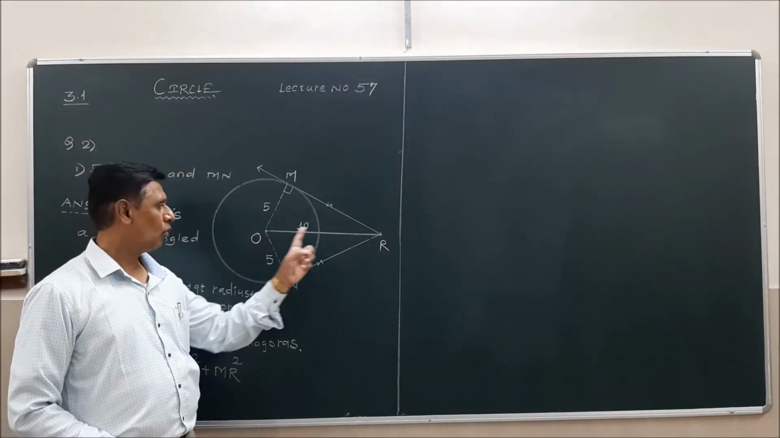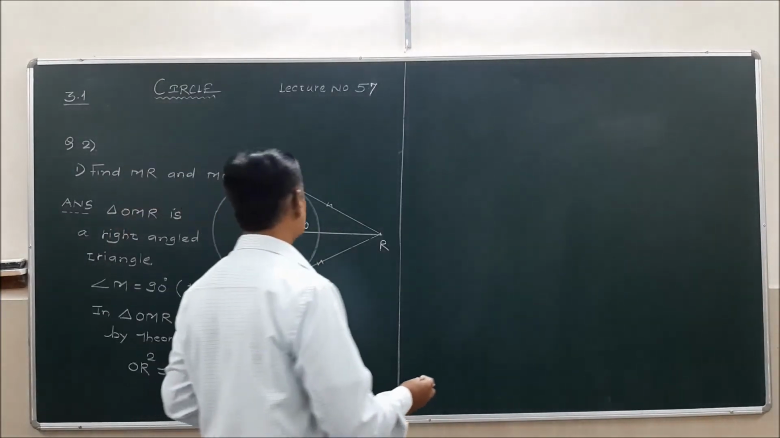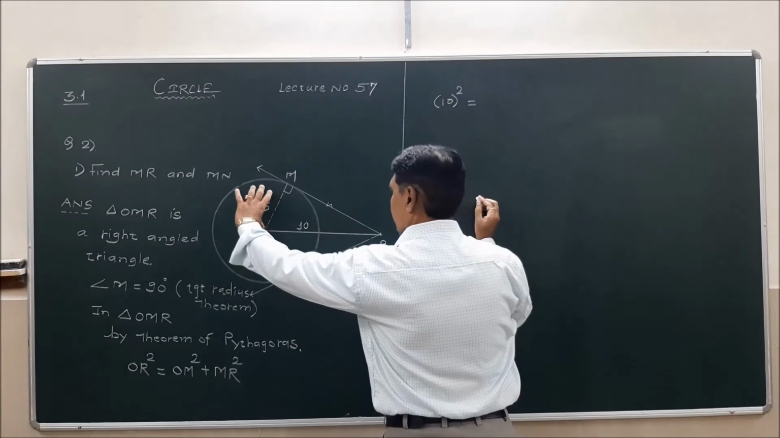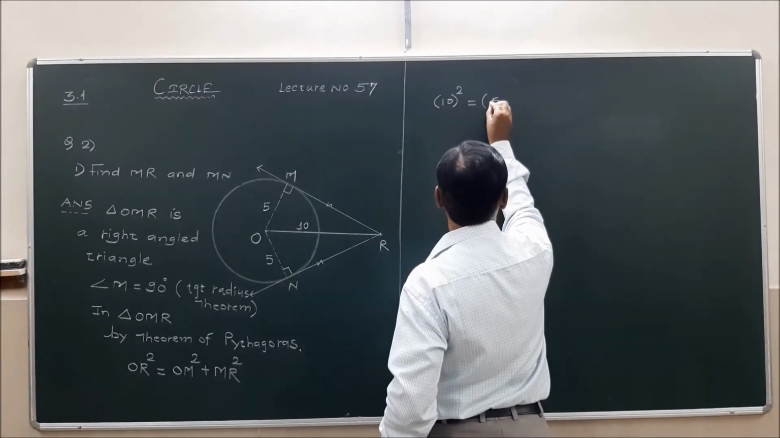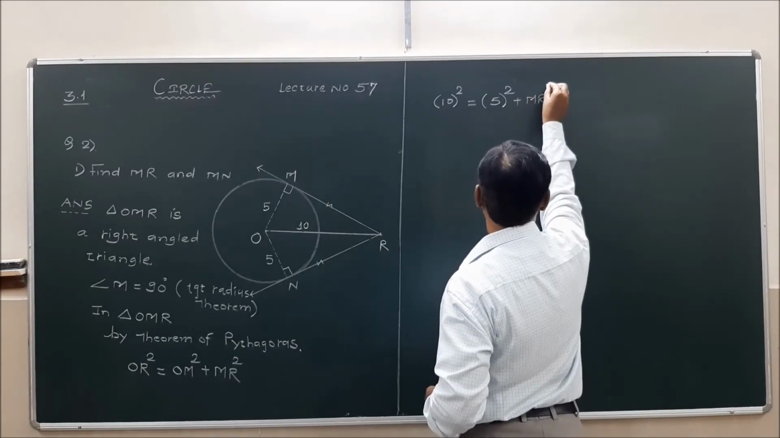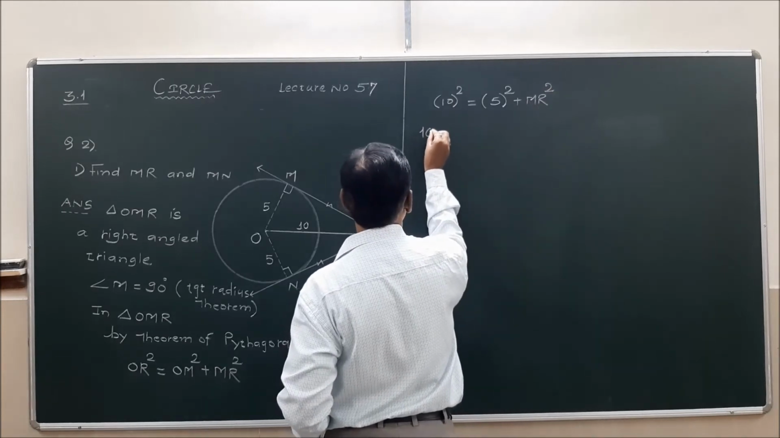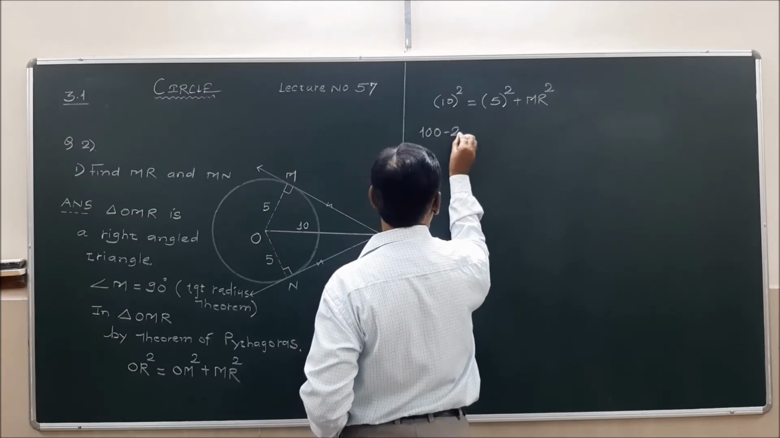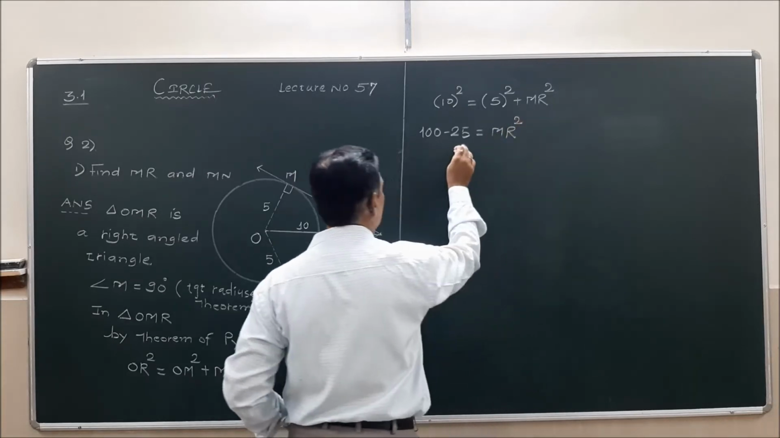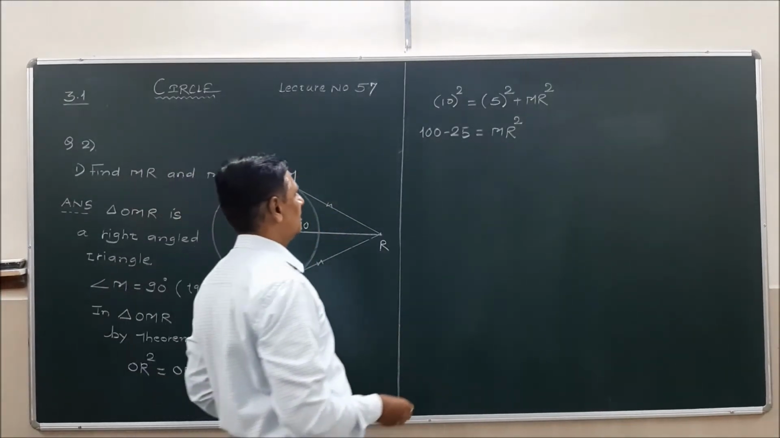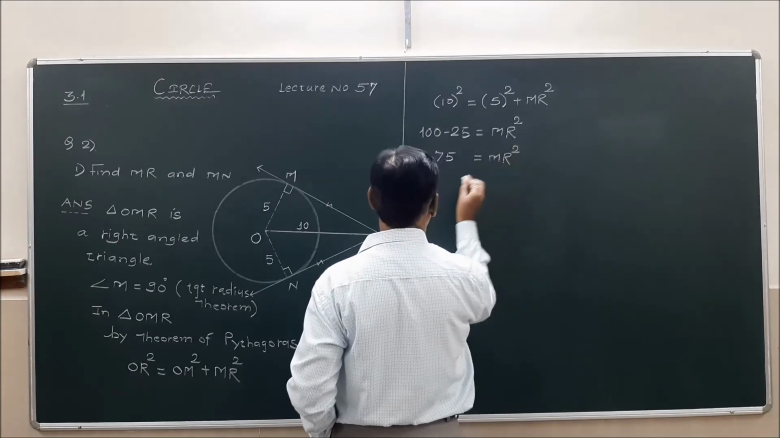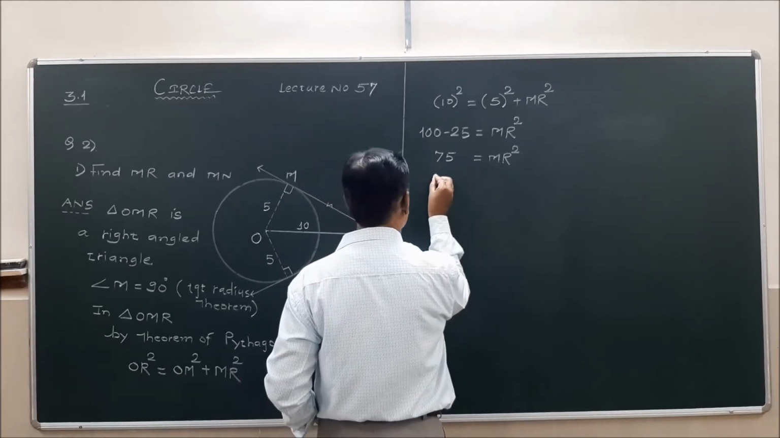Value of OR is 10. So 10 square is equal to 5 square plus MR square. Since you all know 10 square is 100, if I transfer square of 5 as 25 to the left hand side, I'll get 100 minus 25. It is very easy. 75 is equal to MR square. Since we have to find out value of MR,